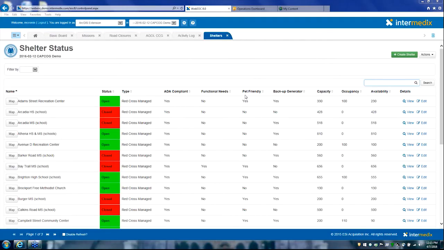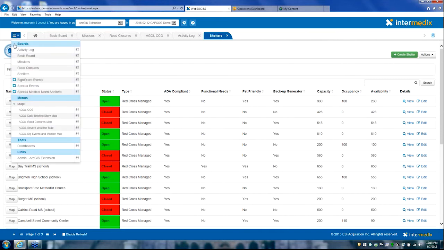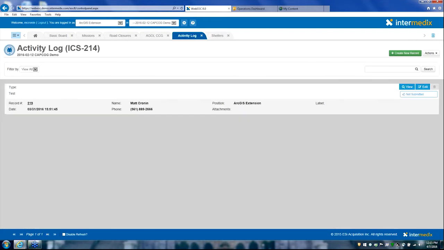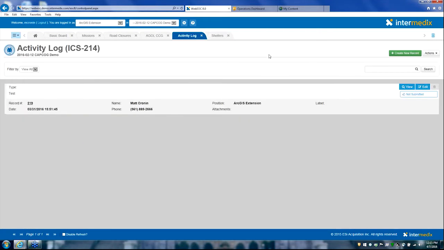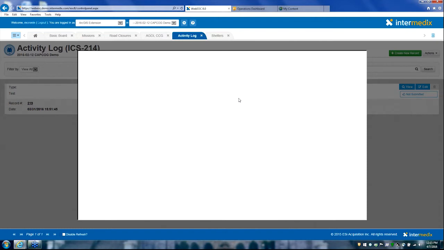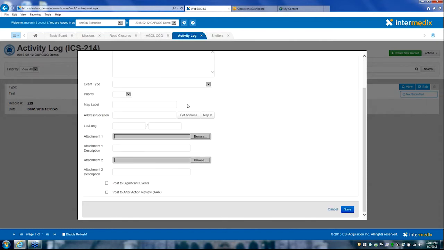Okay, so if everyone can see my screen now, what we're looking at here is WebEOC. And WebEOC has a concept of boards. So when I open up my various boards, and I'm already logged in, obviously, they open up in tabs here. And as I go in, you have your standard processes, for example, ICS 214, the activity log, and I can go in here and log my various activity, and I can mark priority, I can geocode that address,